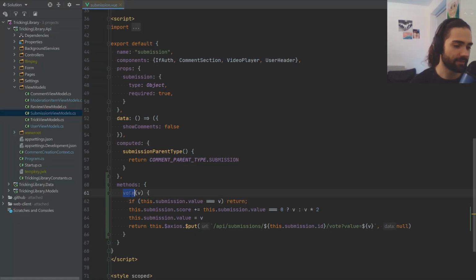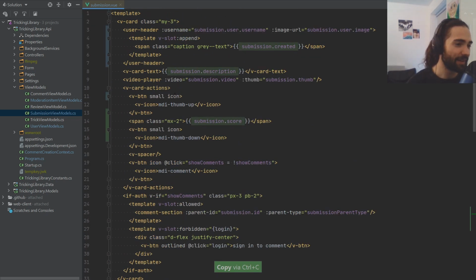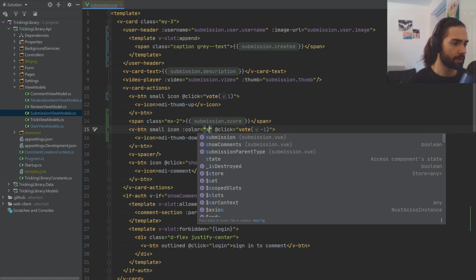Oh yeah, we just gotta bind the stuff. On the thumb up click, vote 1, copy this function. On the thumb down, -1. And let's do color. Let's bind color, submission,